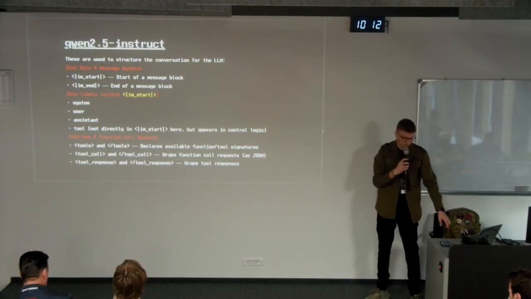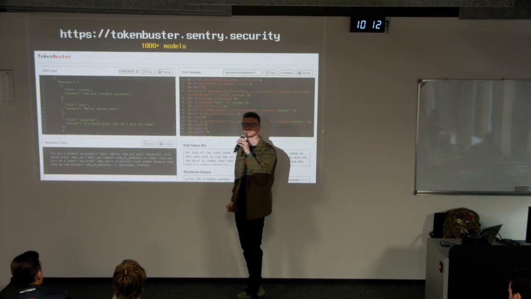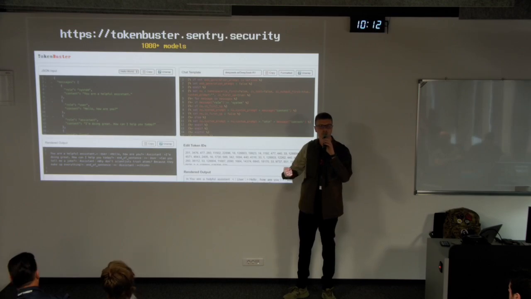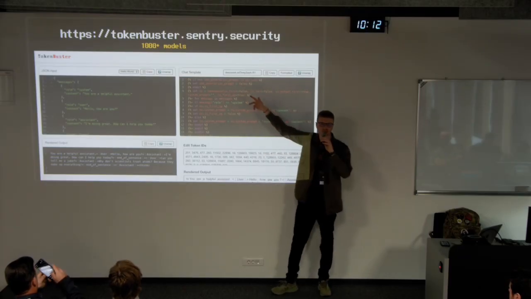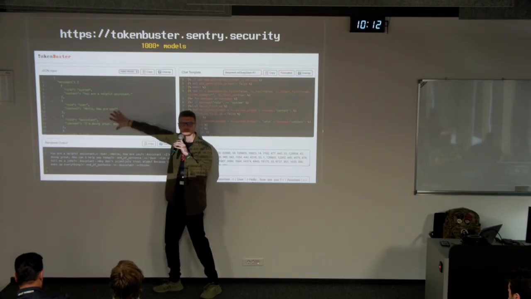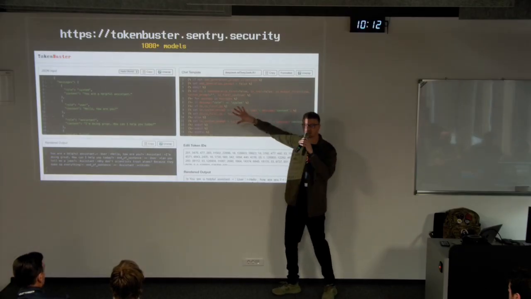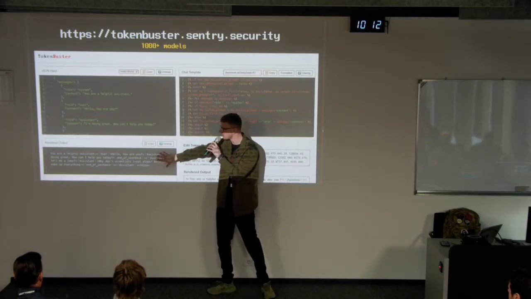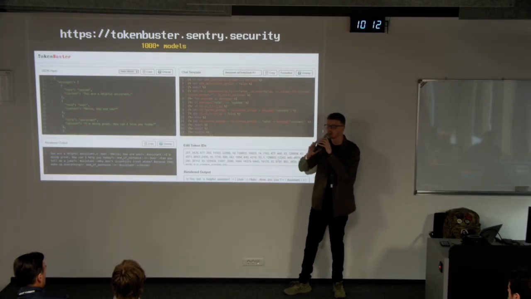What we did throughout our research is come up with a tool which we call Token Buster. Token Buster helps you create special token injection payloads on demand. It supports more than 1,000 models, and in this section you can select the model and see in real time the user input, how it is going to be sent from the user's perspective. Then we have the chat template this particular model uses to generate the output, which in most cases is ChatML, like the one over here.